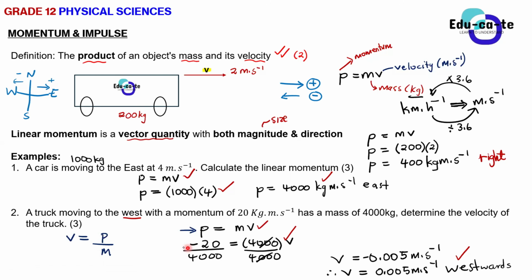Sir, they won't eliminate me if I use this one? No, they will not eliminate the mark, because this formula I'm highlighting, which is P equals MV, is actually the same as this formula. But sir, the answer is not the same, isn't it? Oh, it is the same. It must. Okay, so are we cool now with the level one questions of momentum?